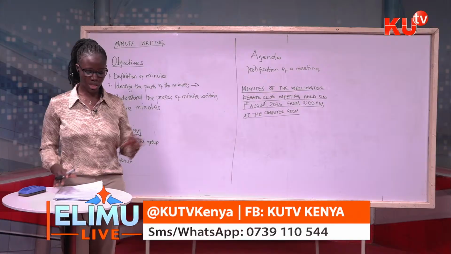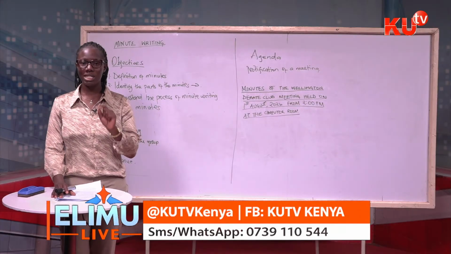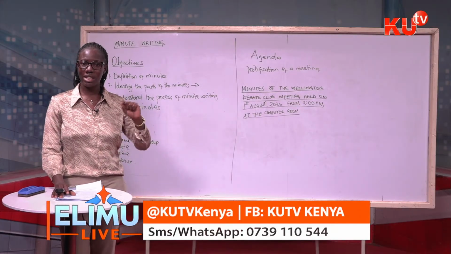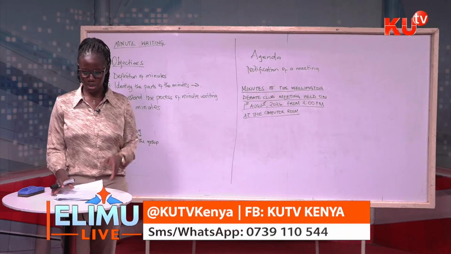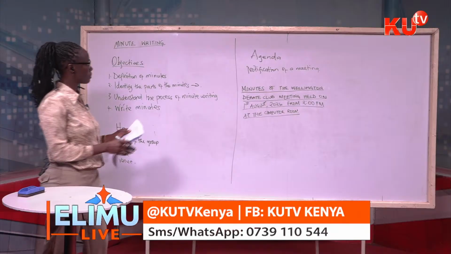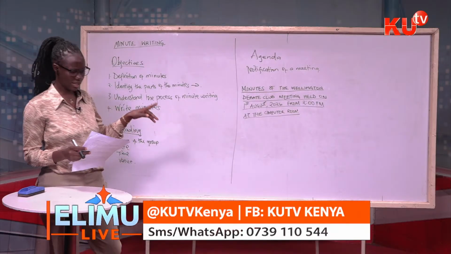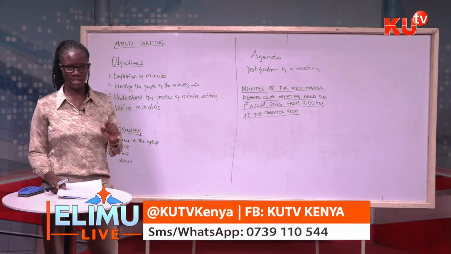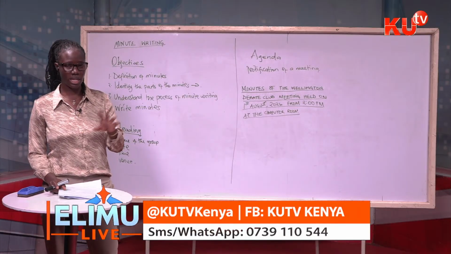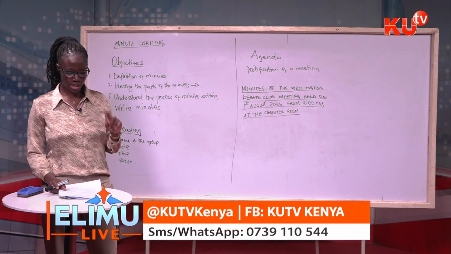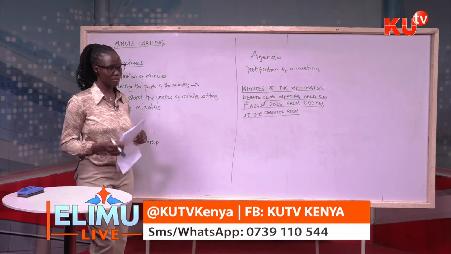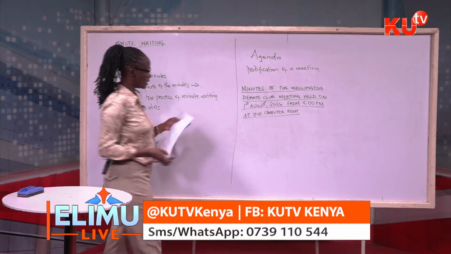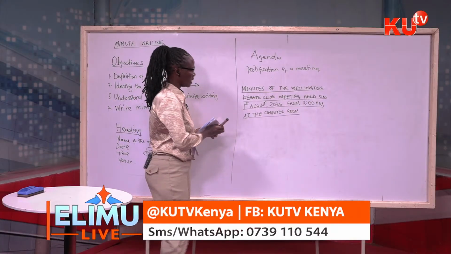So you must make sure that in your title, you must capture that this is the second meeting, or maybe if it is quarterly or whatever type of meeting it is. For example, in this case, if the examiner had said that it is the second meeting that the Wellington debaters are having, so second must appear somewhere. For instance, you can say that minutes of the second meeting